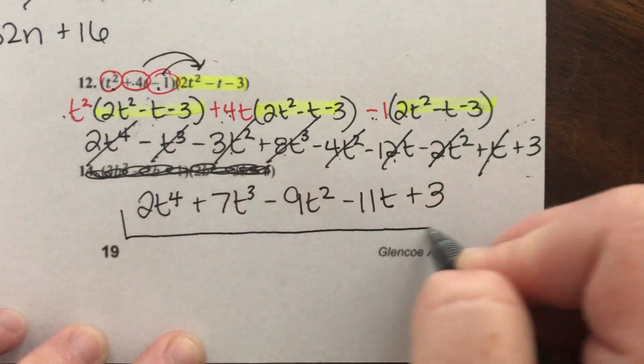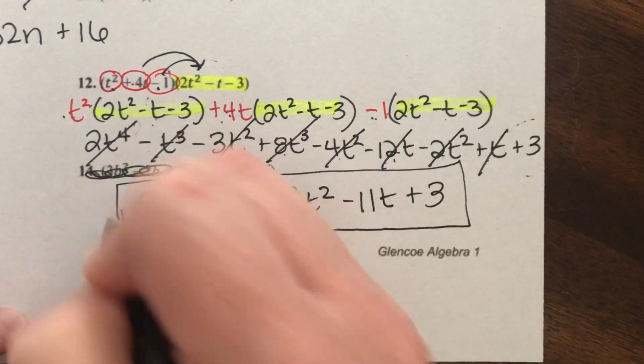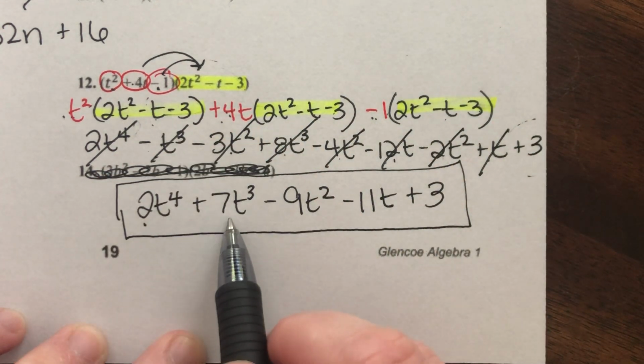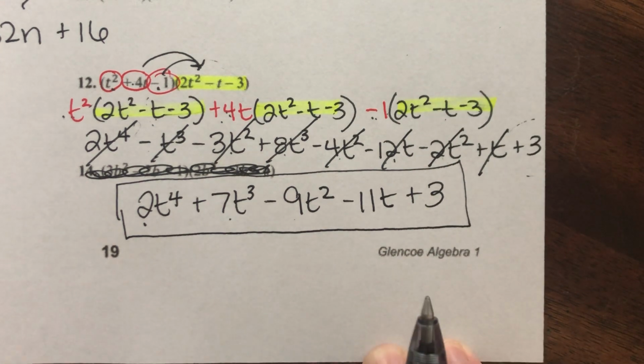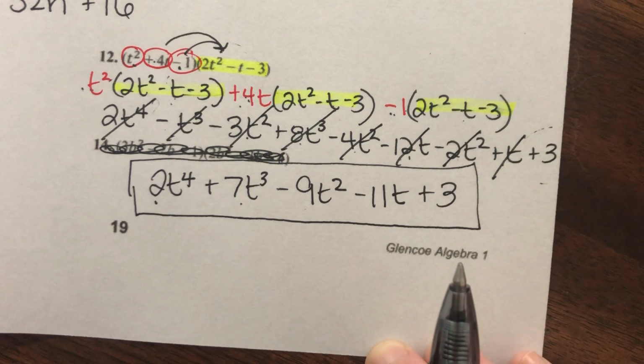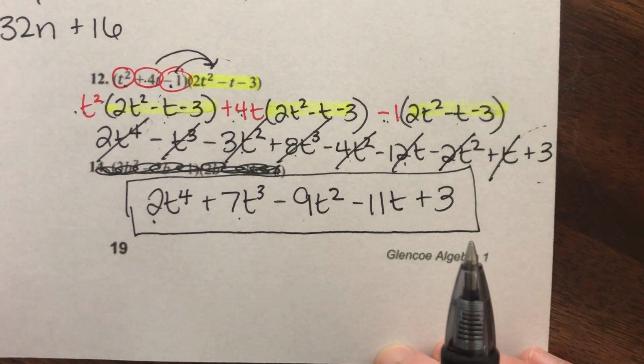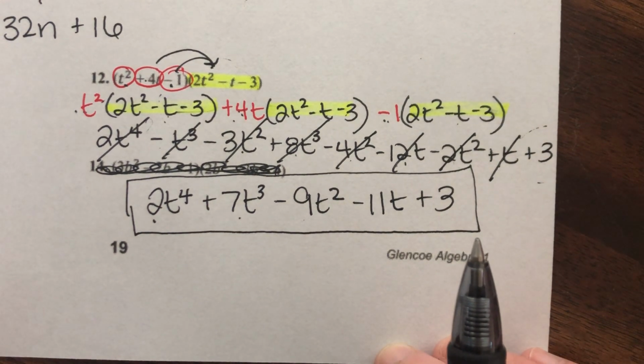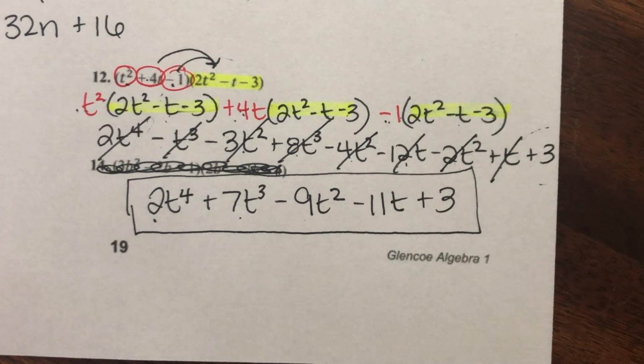So this whole thing is my answer. 2t to the 4th plus 7t to the 3rd minus 9t squared minus 11t plus 3. All like terms combined. If you have any questions on distributing or multiplying polynomials, please, please, please email me or